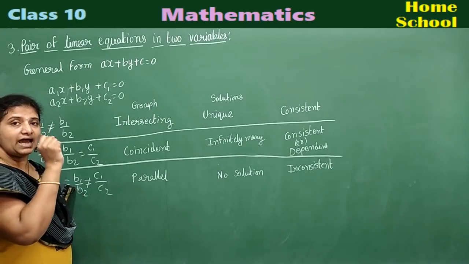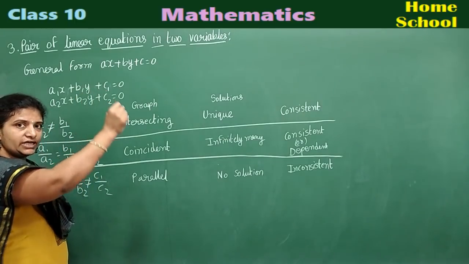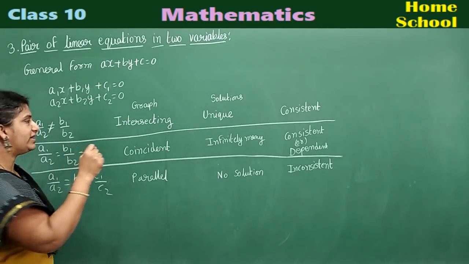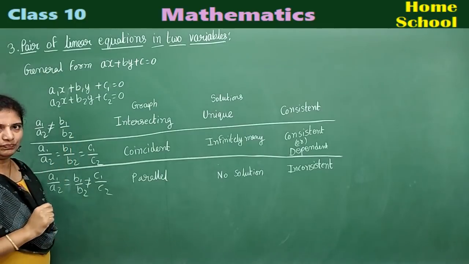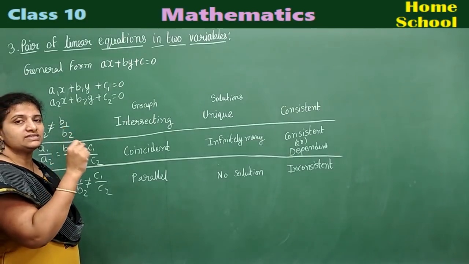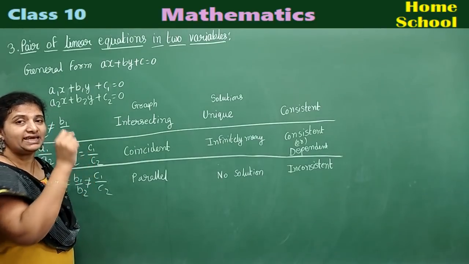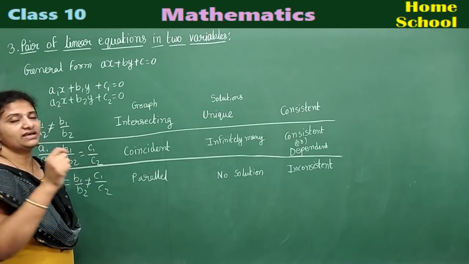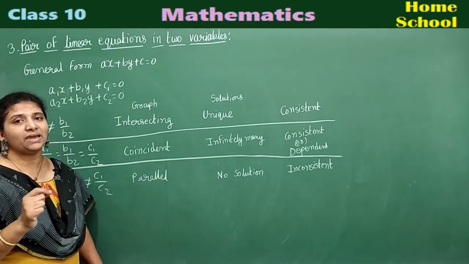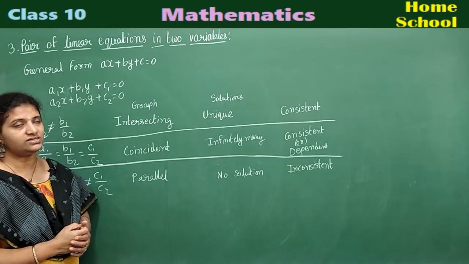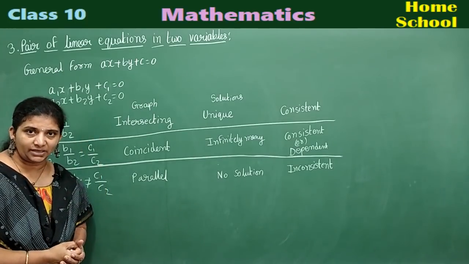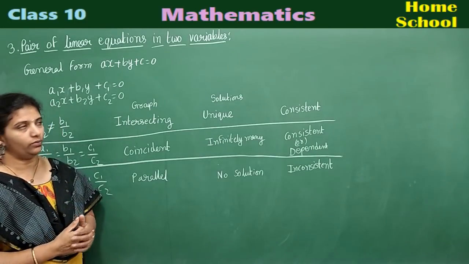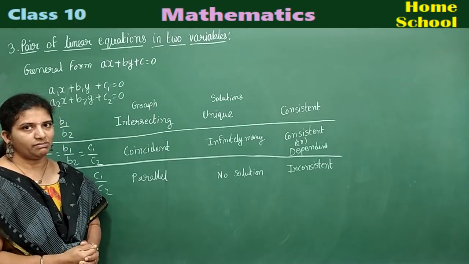Observe here. Standard form of linear equation in two variables is this one. Standard form of pair of linear equations means you need to write these two. Okay, observe carefully. What is the standard or general form of linear equation in two variables? That is Ax plus By plus C equal to 0, where A, B, C are real coefficients and X and Y are variables, where A square plus B square cannot be equal to 0. These are all the conditions you need to remember.